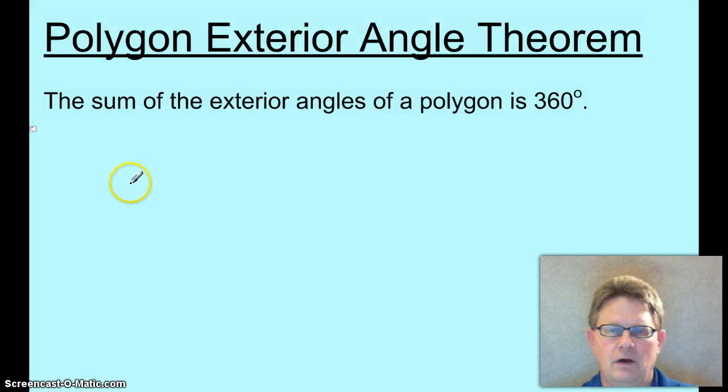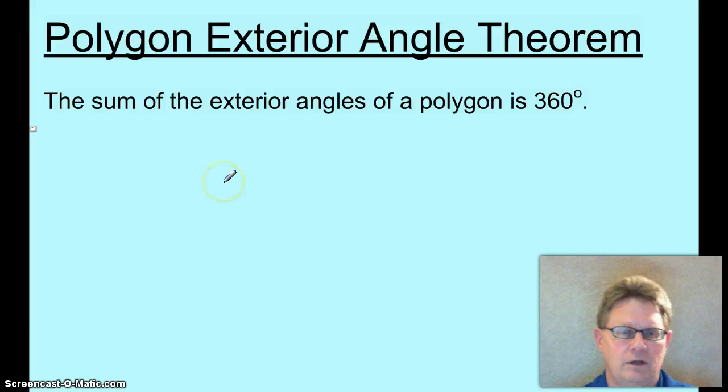Okay, the sum of the exterior angles of a polygon is 360. And that just means that it doesn't matter. Okay, what is an exterior angle? I know that's what you're asking. Alright, if you look at a polygon,